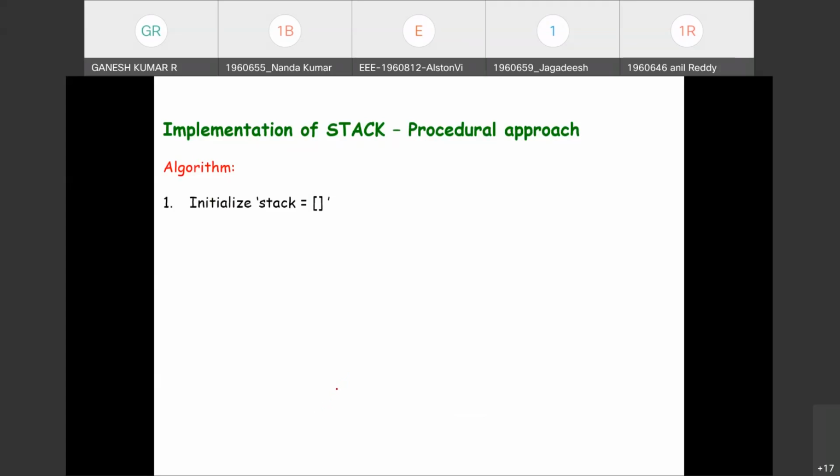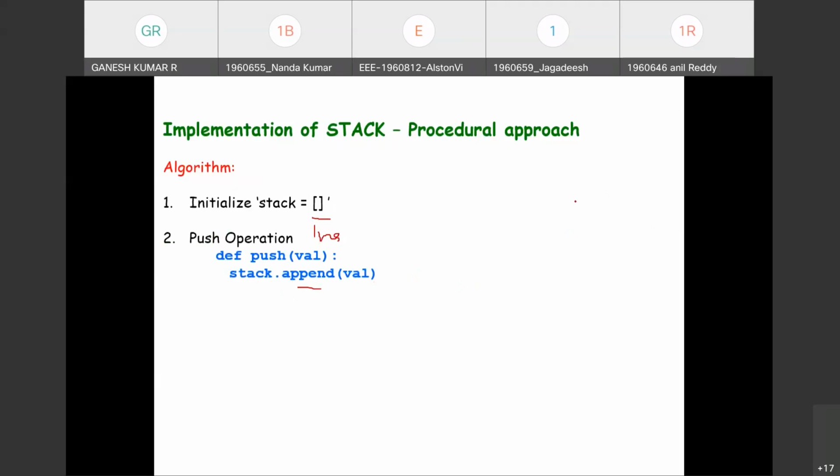First, initialize the stack as a list. Step 2 defines the push operation, that is insert. Insertion is done with the help of append. We know the append function adds a new item at the end.